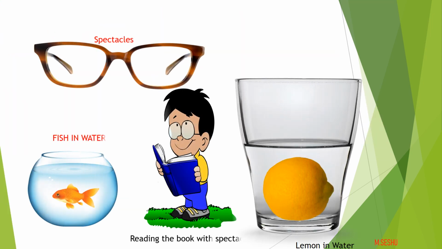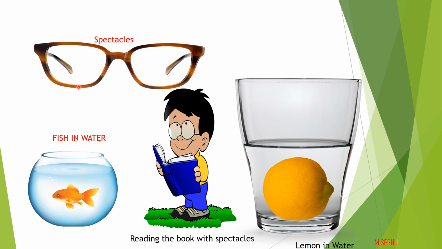Children, you observe all these articles which we use or observe in our day-to-day life. See these spectacles. Next, fish in water. A boy reading a book with the spectacles. Next, a lemon kept inside the water in a glass. If you see the letters through the spectacles,